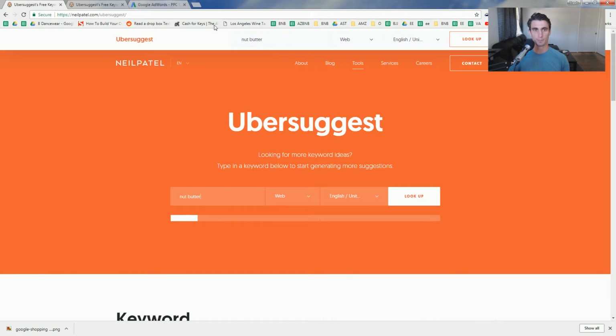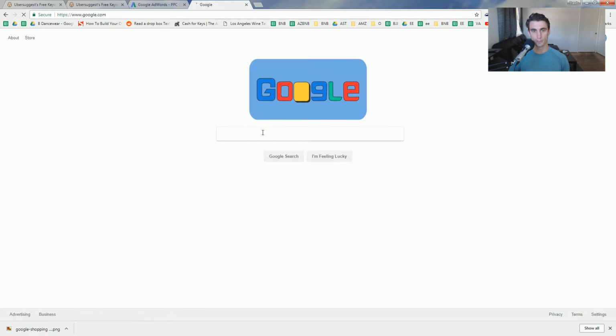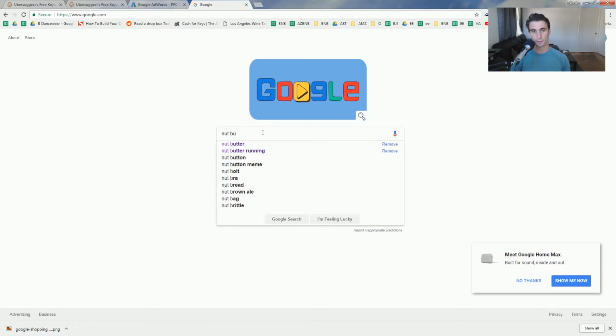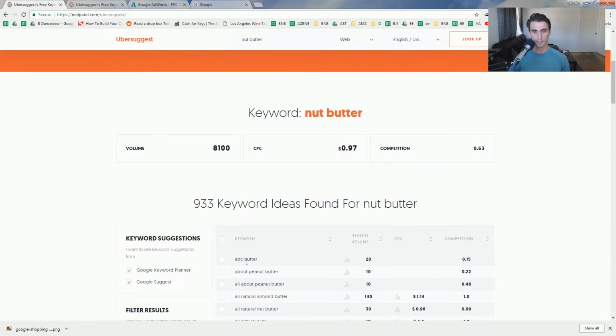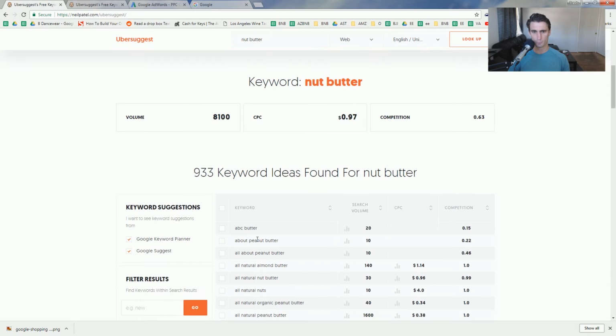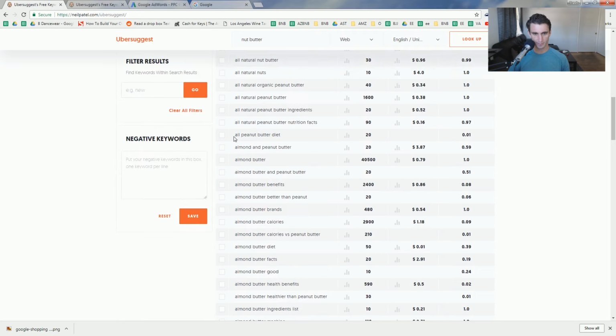So if you type in nut butter, basically what it's doing is it's scraping Google for this information. Let me show you. If you type in nut butter into Google, you'll see the most commonly searched for things. If you type in the letter A, you'll see all the most commonly typed in things with an A coming afterwards. B, C, D, and it takes all that data and gives it to you in a very convenient form. So we see here ABC butter, about peanut butter, all natural peanut butter,